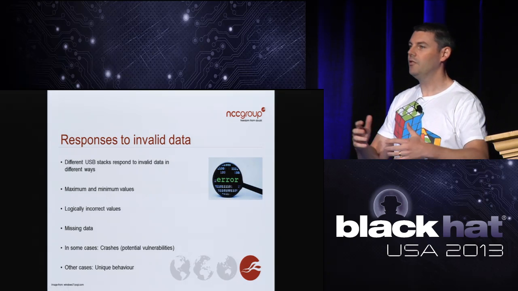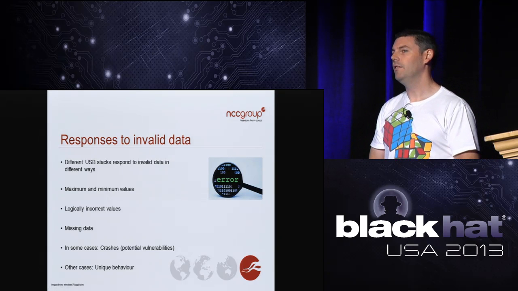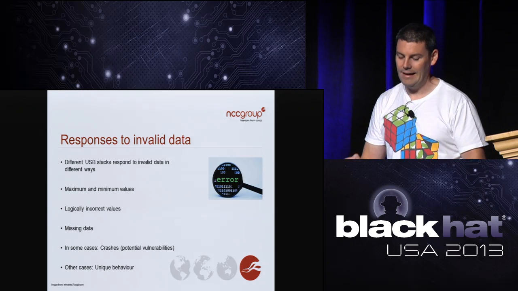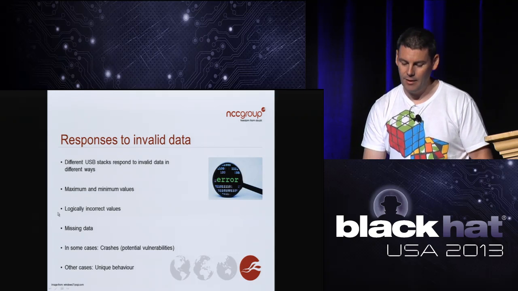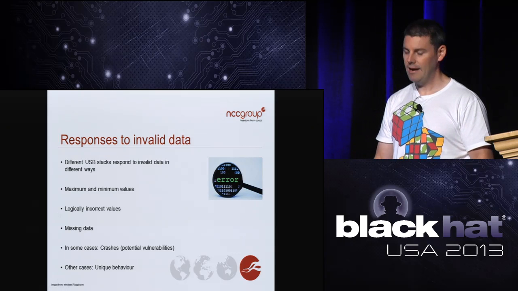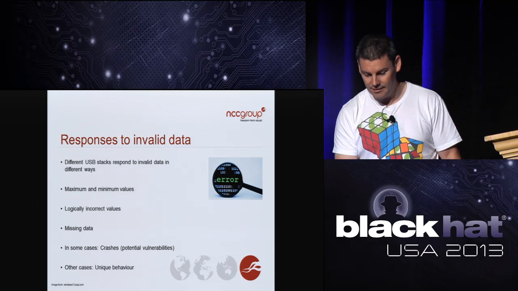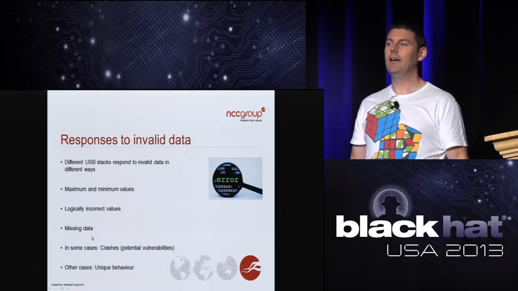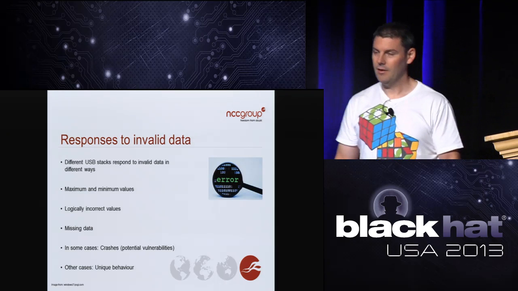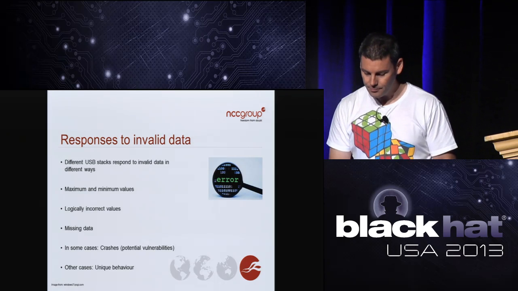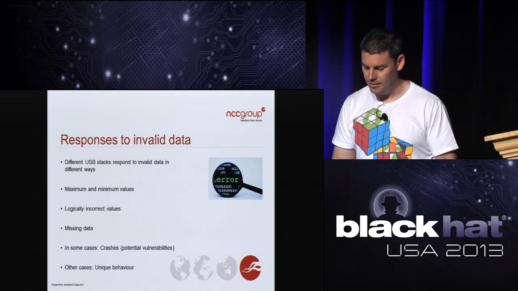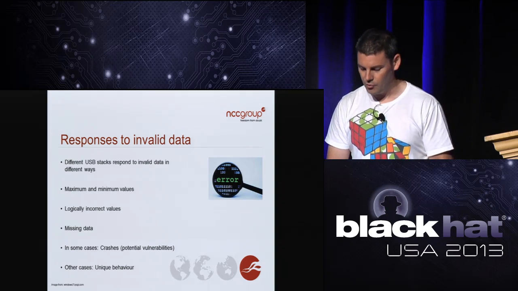If you look at the type of data provided within those descriptors, you've got length fields, values that could have minimum and maximum values, the ability to put logically incorrect information in there, and missing data. In some cases you get crashes, and from a fuzzing perspective that's great because you're identifying bugs. But other times you'll just get unique behavior, which is obviously what we're looking for when we're trying to fingerprint